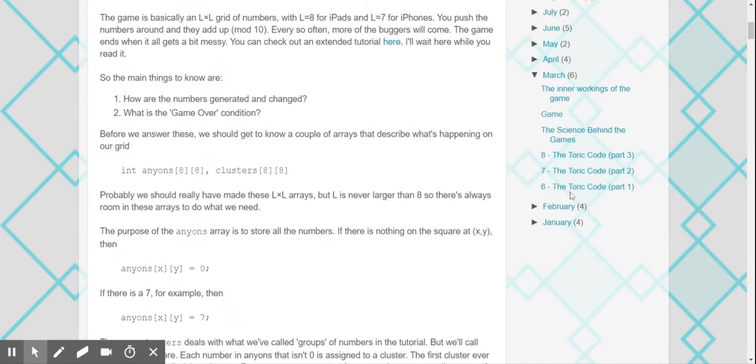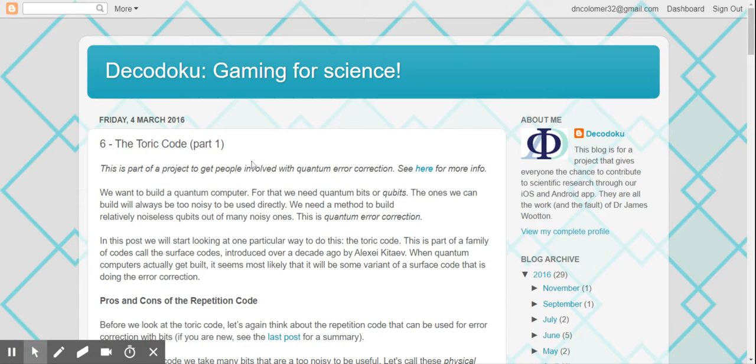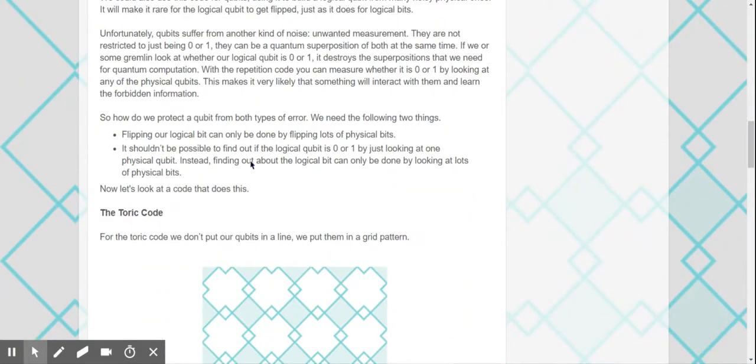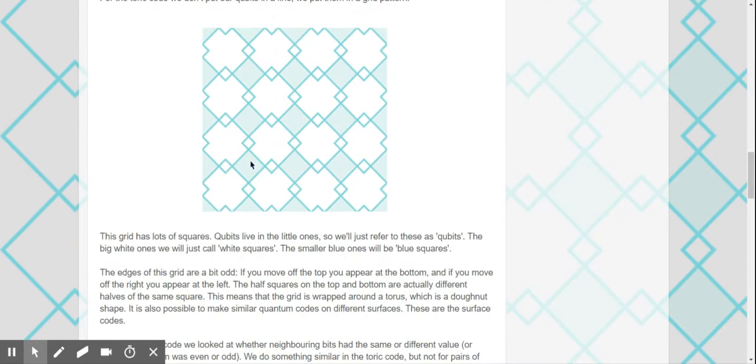Part 1 of the Toric code. This is where it gets serious. This is where I start to get into this concept a bit more. Okay, so here they define it like that, in a grid pattern,